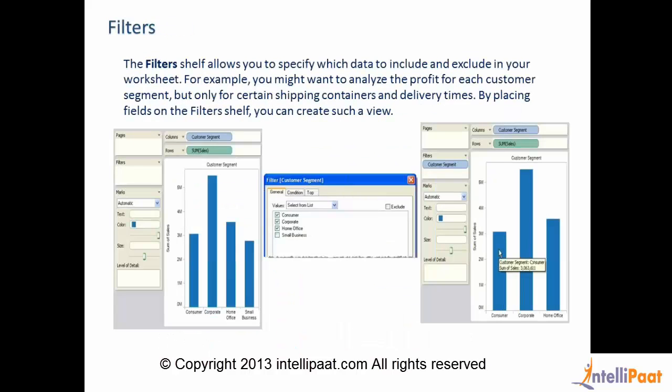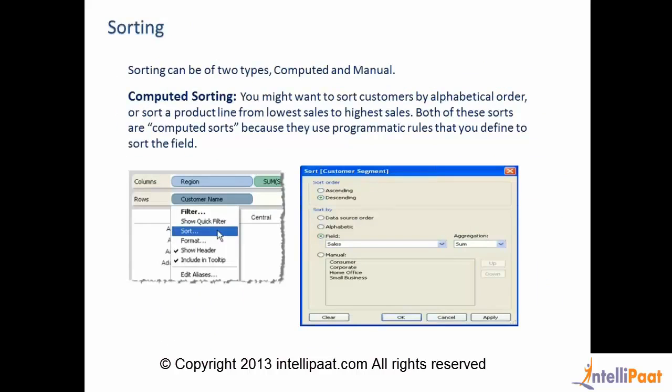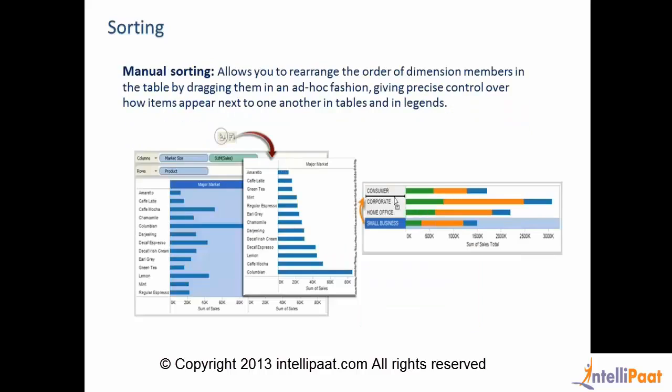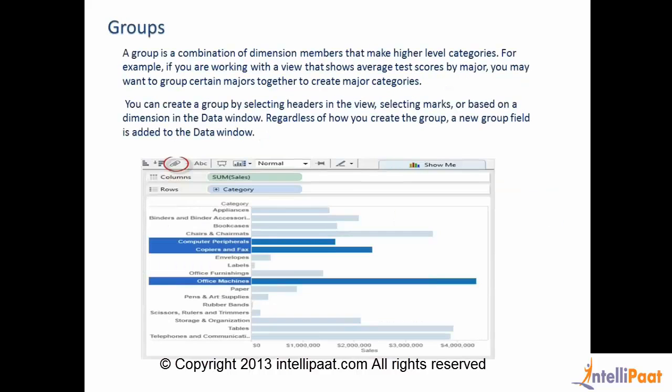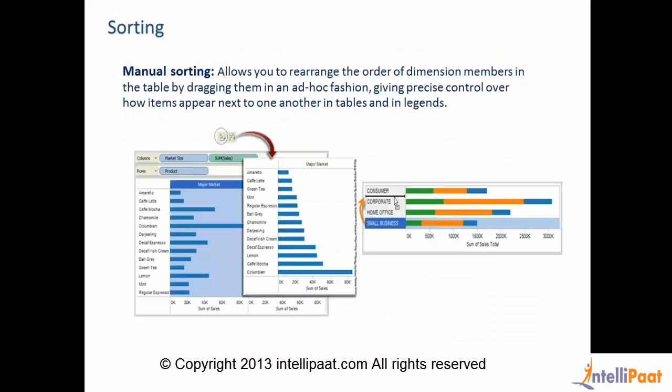And then we spoke about the filters and also the sorting. We saw that there are different ways of creating a filter and creating a sort on your graph. There's a manual sort, and then there's a computed sort. So okay,